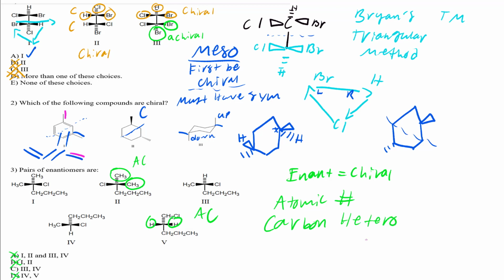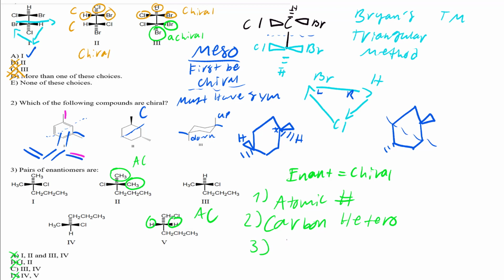And what's a carbon heteroatom? Well, a carbon heteroatom is a carbon that is attached to literally anything else other than hydrogen or carbon. Right. And now, after that, so this is priority number 1, this is priority number 2, and then priority number